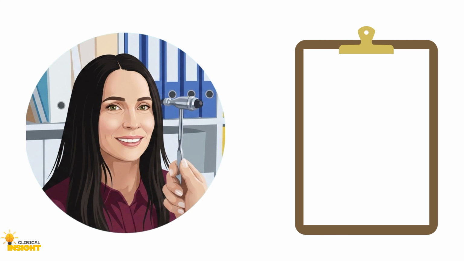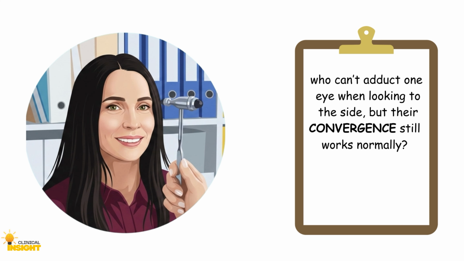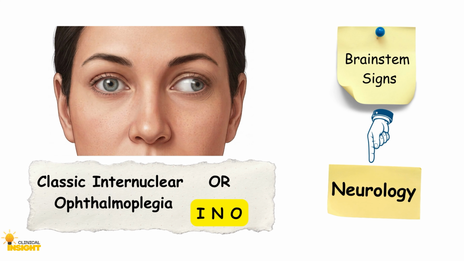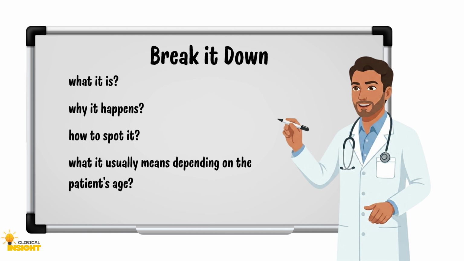Have you ever seen a patient who can't adduct one eye when looking to the side, but their convergence still works normally? That is classic internuclear ophthalmoplegia, or INO. It's one of the most useful localizing signs in neurology. Today we'll go through what it is, why it happens, how to recognize it, and what it usually means depending